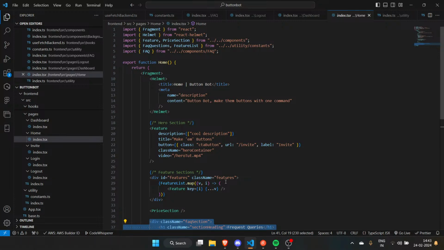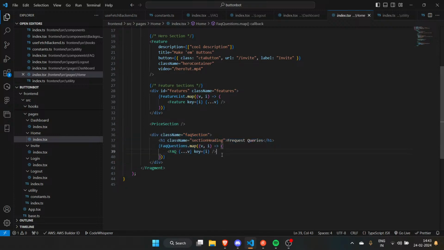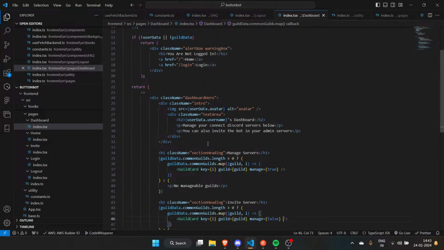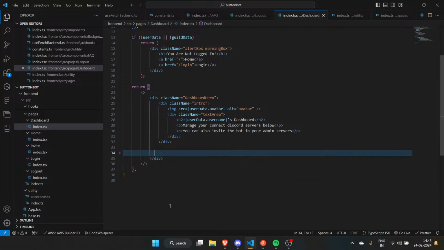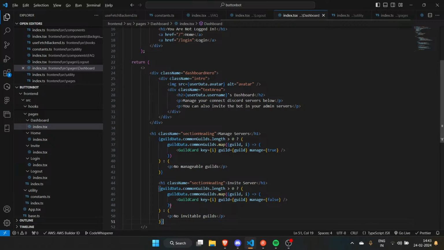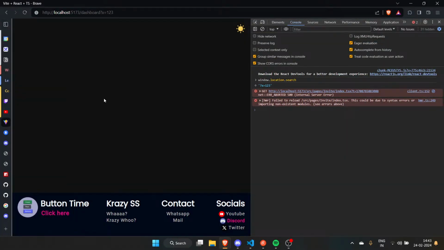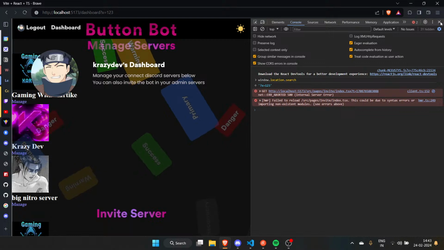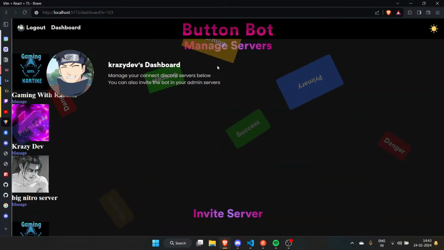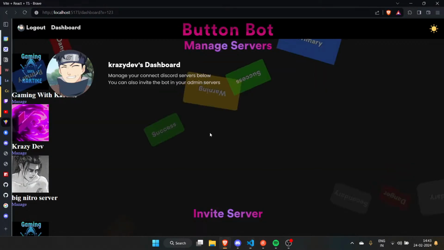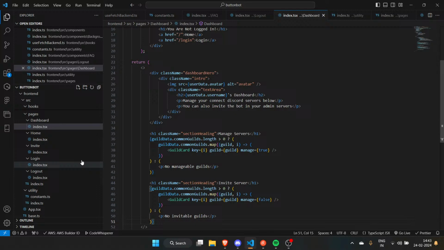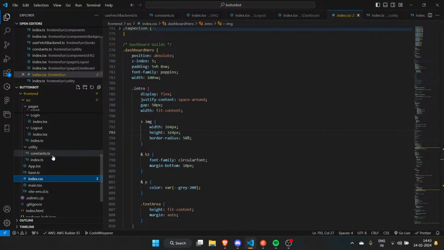And I'm back. So I have this. Okay. So the issue is that all of that is working because we have some real stuff in there. How do I fix that? Let's think about it. What I can possibly do is paste all of that here, and then this might work. So we have button bot, manage server, invite server, and stuff, right? And then the footer is nowhere. Okay, that's fixable, I guess.